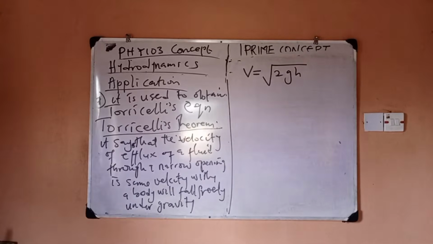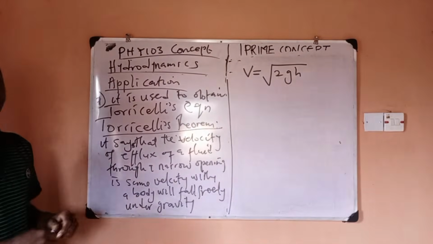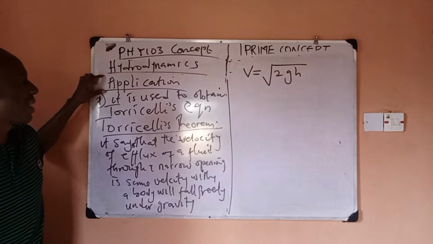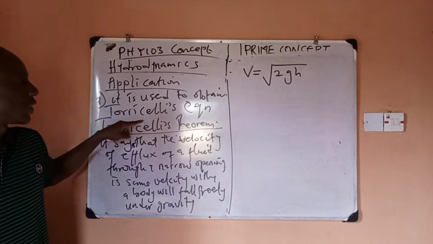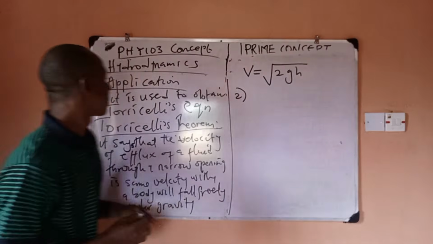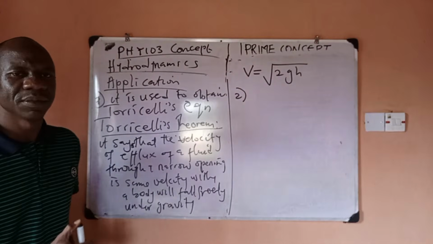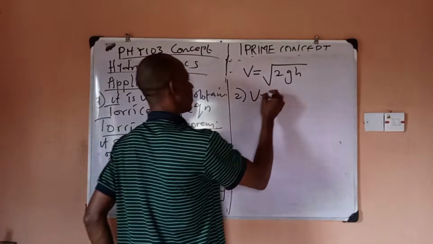All right. So remember I'm telling you about applications of Bernoulli. Bernoulli's equation can be applied in obtaining Torricelli's equation. Number two, which we don't really need: Bernoulli's theorem can also be applied in what we call the venturimeter.